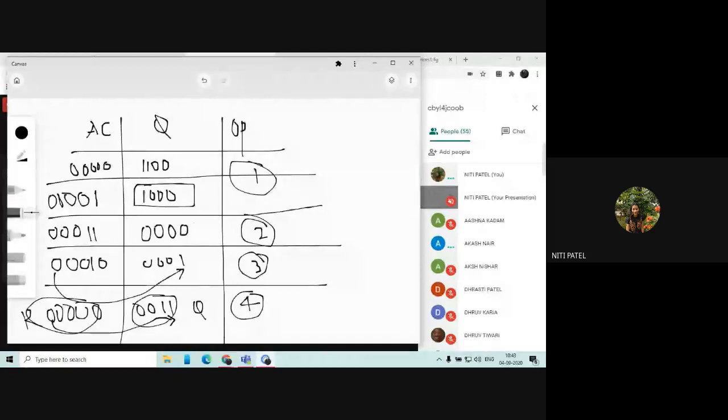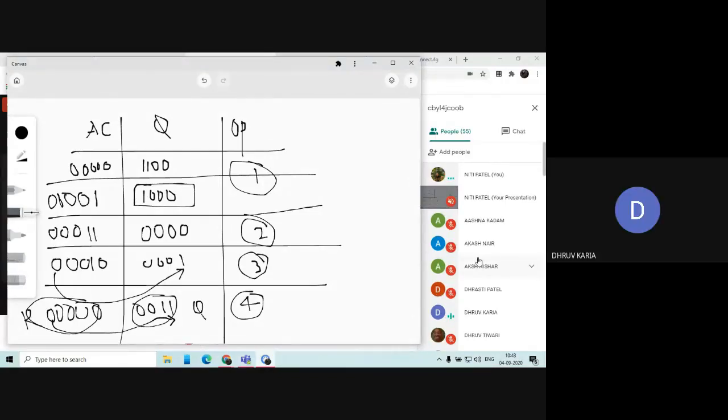So that is where you have gone wrong. AC was 00110, minus M is 11100. So when you add them both, you get the value of AC as 00010. Now since the content of AC is 0, you directly change it to 1 and you do not restore it. So you have gone wrong in AC minus M. Check that again. Yes, ma'am, I'll check. Anybody else who has got any answers wrong in any of the cycles?